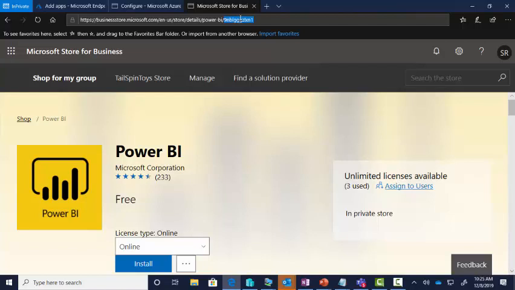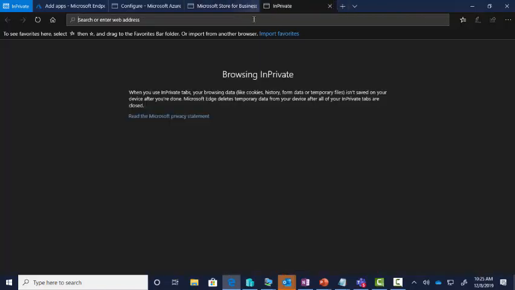So I'm going to copy that to my clipboard, Control C, and I'm going to use that again. So that's all I need to get the Microsoft Store for Business to do. Now I need to go and obtain the detail that I'm looking for from that specific app. To do that, I'm going to open another URL page, and I'm going to navigate to HTTPS